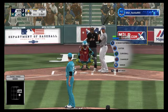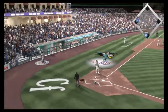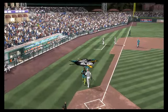Right-hander starts to loosen up in the bullpen now. The 0-1 pitch. Here's a swing and a high pop-up. Drifting toward the third base dugout. And he'll get under it to put it away in foul territory, and that ends the...